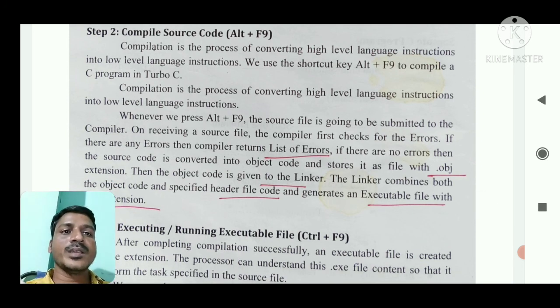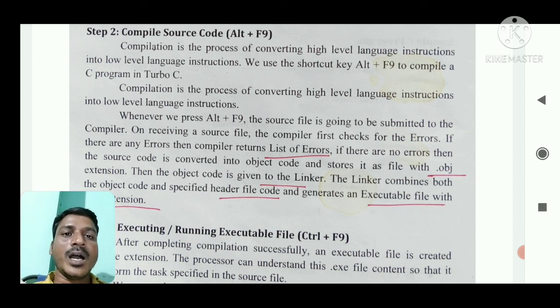Okay. Then the second possibility is if there are no errors, then the source code is converted into the object code. The .c source file is converted into the object code file, and stored as a file with the .obj extension.